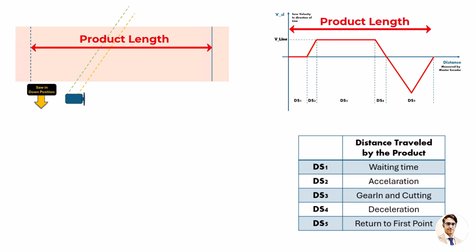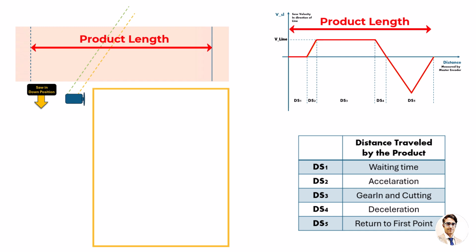As a result, the product length is equal to the measured product movement by the master encoder during one cycle. However, in practice, we must account for an error parameter to adjust the cutting length. As I mentioned earlier, DS1 represents the waiting time. DS2 and DS4 depend on the product line velocity and saw acceleration, while DS3 depends only on the product line velocity. Meanwhile, DS5 can be fixed based on the maximum saw velocity to return to the starting point as quickly